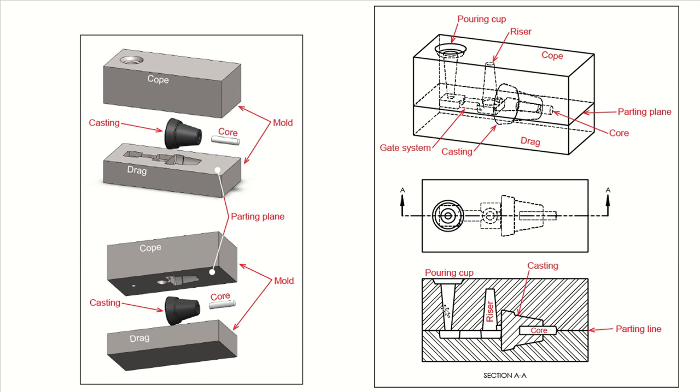So when you cut it straight up and take it out and draw section AA, you're going to see that these are your material. And don't forget the material lines. Pouring cup, riser, core, and then your casting. Material of your mold, material of your cast, they're different. Why? Because the section lines are different. Okay,